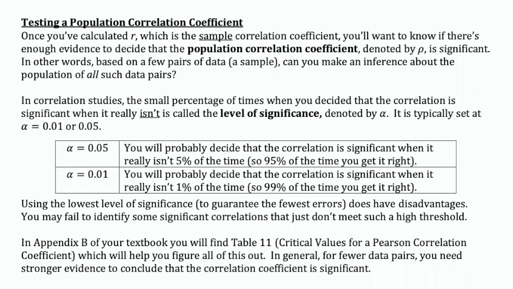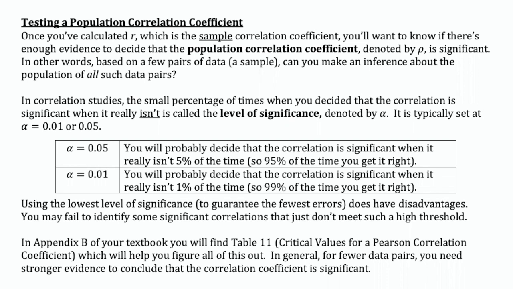In correlation studies, the small percentage of times when you decide that the correlation is significant when it really isn't is called the level of significance, which we denote by the Greek letter alpha. It's typically set at alpha equal to 0.01 or 0.05. And here's what those mean. At a level of significance of 0.05, you'll probably decide that the correlation is significant when it really isn't 5%